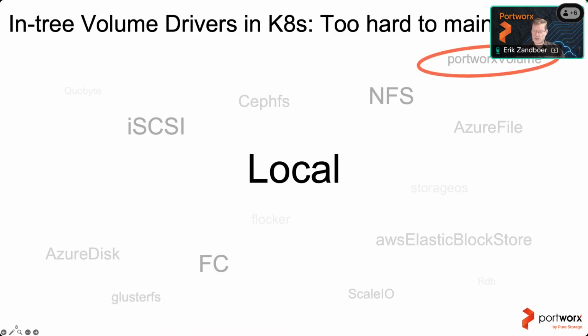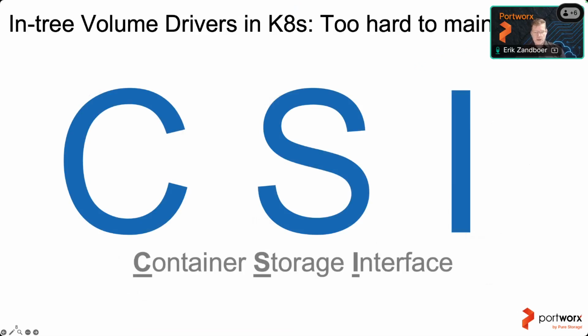Because Portworx was, well, actually a product before Kubernetes. So we used to support things like Mesosphere and Docker Swarm. Nowadays, everything has turned into Kubernetes. So today we support Kubernetes, no longer with the in-tree volume drivers, because they were all deprecated, or almost all of them, in favor of the Container Storage Interface. The CSI is basically a framework inside Kubernetes where storage vendors can hook their own code in, and that actually freed up a lot of stuff in Kubernetes.